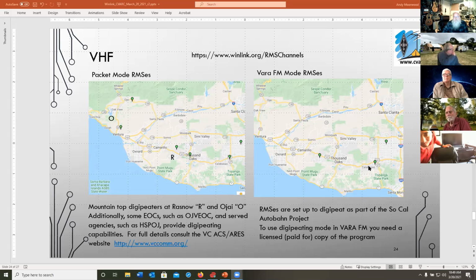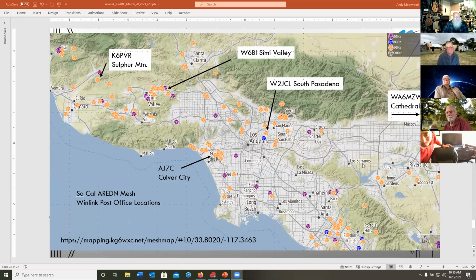Okay, so next one is the mesh. Now, I know many people would like to get on the mesh, but they just don't have access. Hopefully that will improve over time. But the mesh is an amazing capability, and I say amazing for the geographic diversity that it can support. Here on this picture is a view of the MeshNet, which anyone can go view. It's probably 70 miles across here, with 4 different RMSs over in Sulphur Mountain,